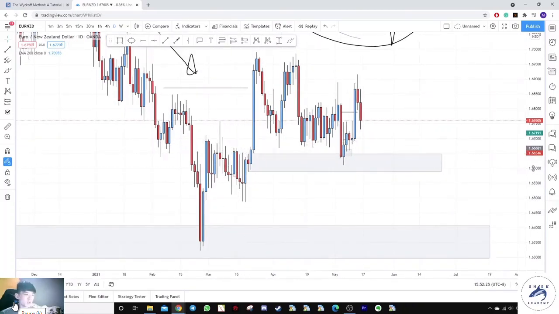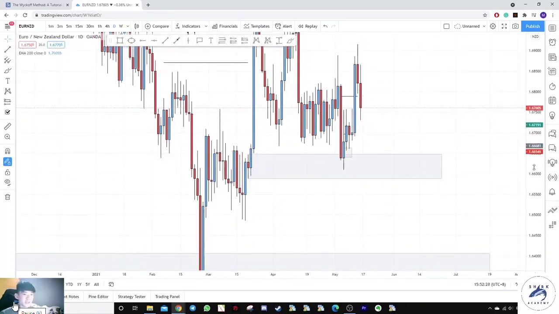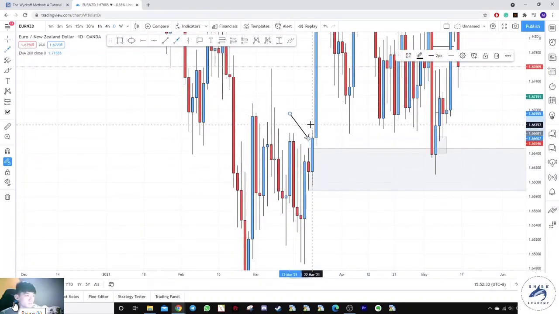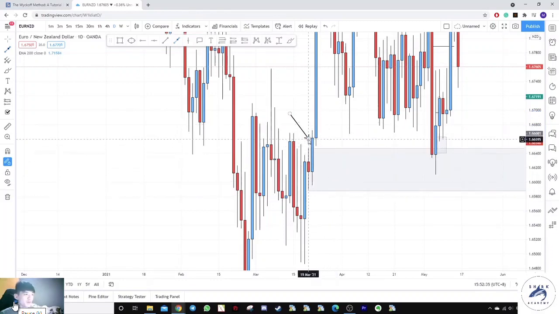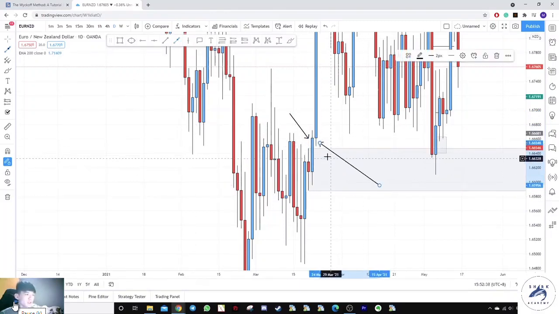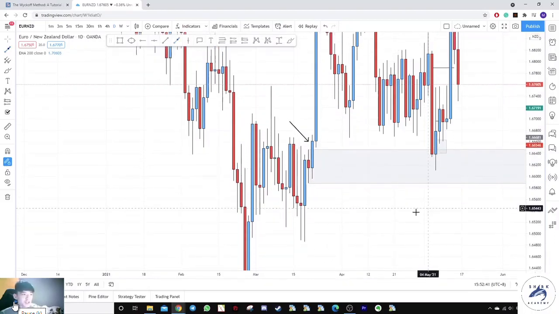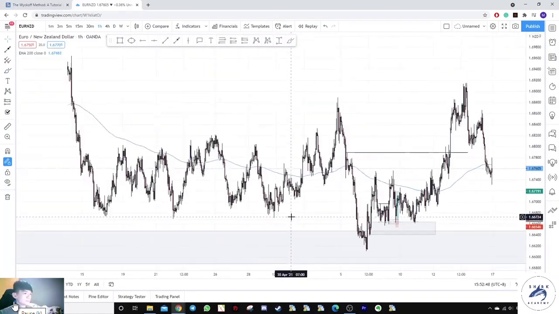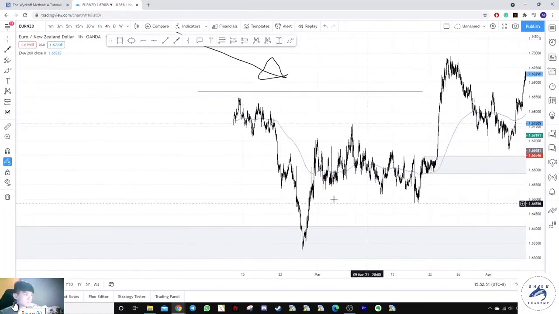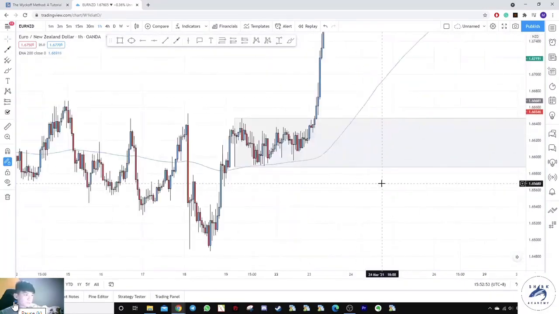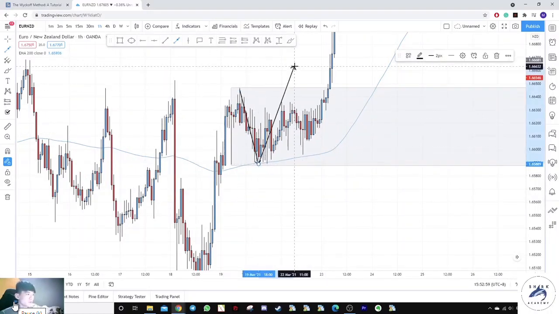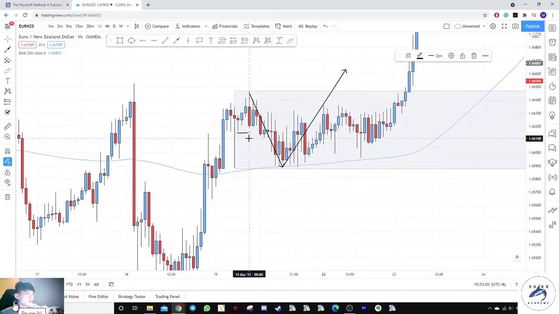So imagine this is just one down candle to the up candle. That hasn't got mitigated. So can you imagine, this is the candle that breaks out of the down move to up move, correct? And this wick over here didn't actually test it. So this is a fresh demand zone that hasn't got mitigated, and it only got mitigated over here, right? So just go down to the lower time frame. So this is what I meant. This is the last down move to the up move that clears all of this liquidity over here.